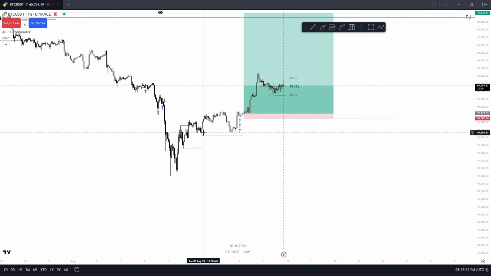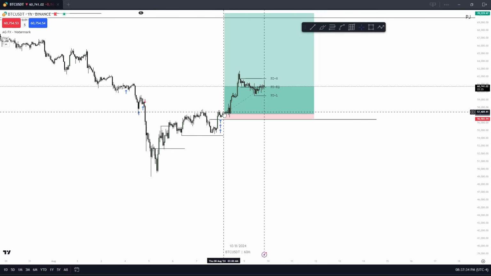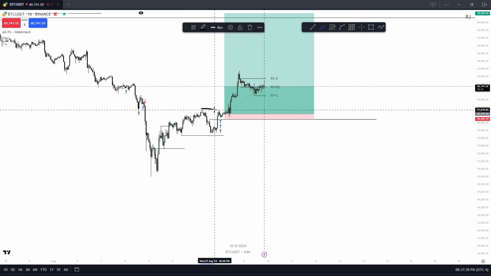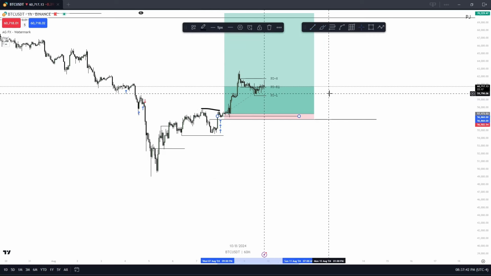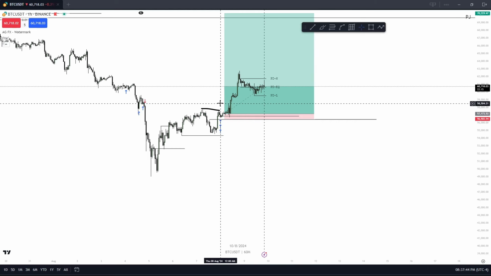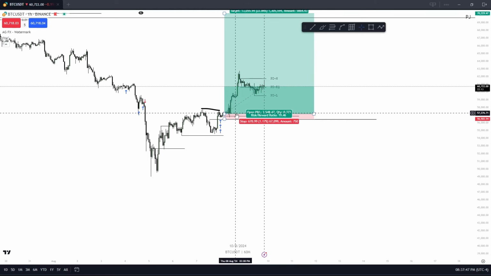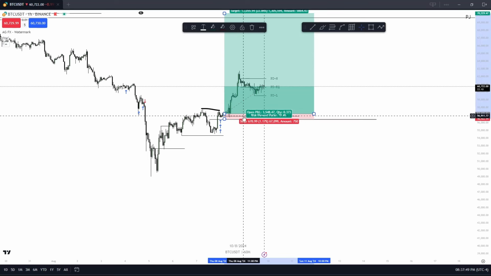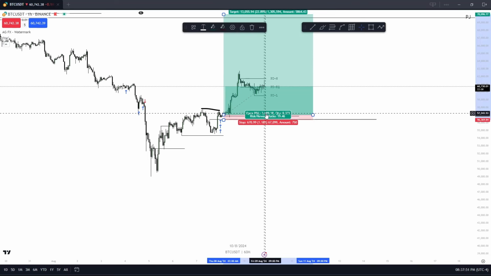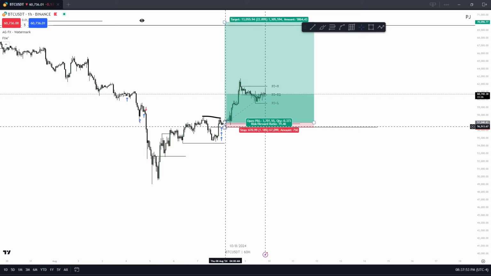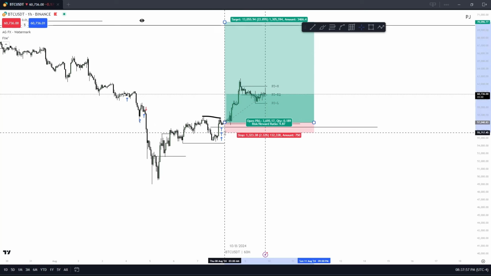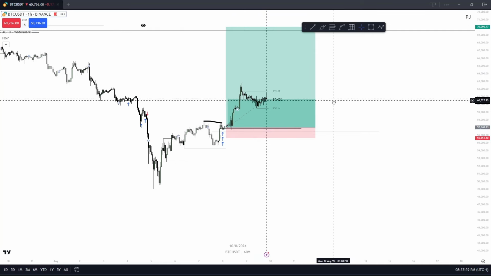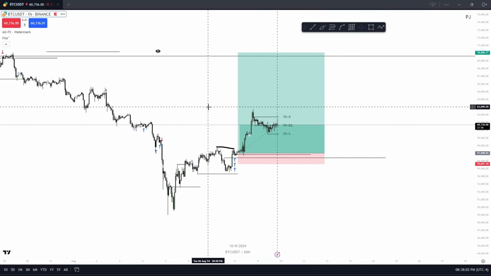Order block, rejection block, wick, whatever, delivering us higher, equal highs here. Small reaccumulation into your turtle soup, entering right there. I guess I could bring this down a little bit. Well, I think I added in, yeah. So either way, just bringing it down just a little bit, and even letting it breathe down to the breaker. So a super safe stop is down here, and still that nets 9 RR